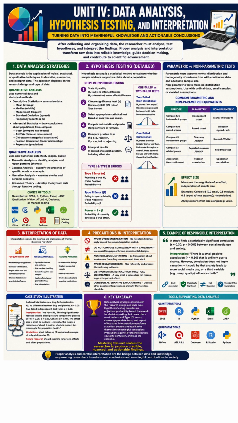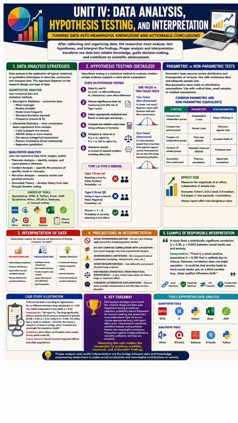However, hypothesis testing is not free from error. One possible mistake is a type I error, which occurs when a researcher rejects a true null hypothesis. This is often called a false positive. The probability of making a type I error is represented by alpha. Another possible mistake is a type II error, which occurs when a researcher fails to reject a false null hypothesis. This is known as a false negative and is represented by beta. The statistical power of a study, calculated as 1 minus beta, reflects the probability of correctly detecting a real effect when it